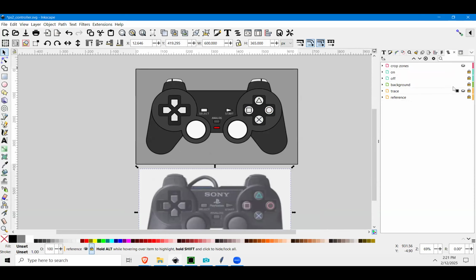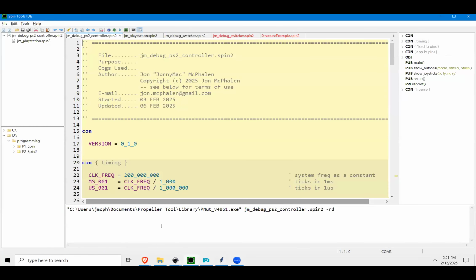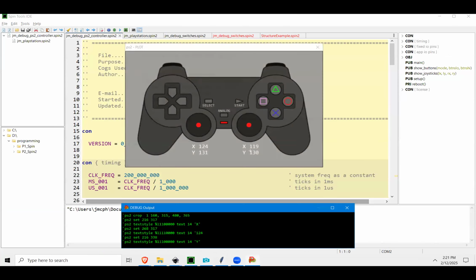It has the off mode and then the on mode, which shows all the buttons in their on state, including, one of the things that's interesting about this, you'll notice this little red light here, that has to do with the analog. And if I go back and rerun this, I am using Spin Tools here, but I'm running this through Peanut, of course. So I have the external tool set up. So you'll notice this red light is on, and if I turn that off, now you notice the interesting thing,